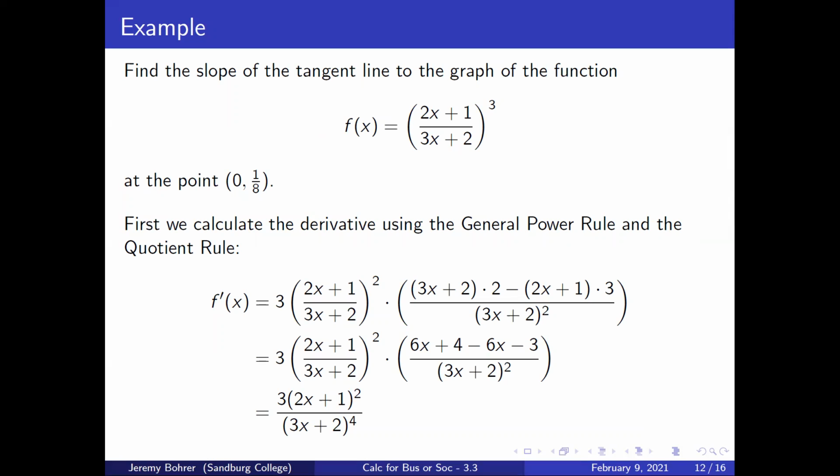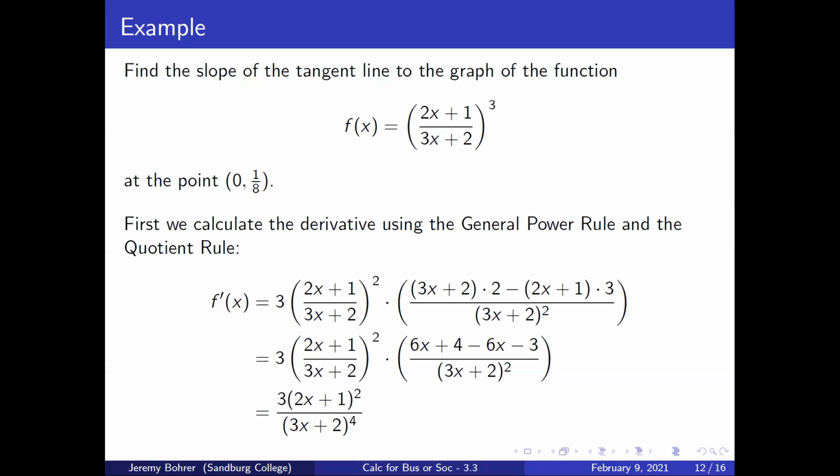Find the slope of the tangent line to the graph of the function f(x) = ((2x + 1)/(3x + 2))³ at the point (0, 1/8). First, we calculate the derivative using the general power rule and the quotient rule. f'(x) = 3((2x + 1)/(3x + 2))² times [(3x + 2)(2) − (2x + 1)(3)]/(3x + 2)², which is 3((2x + 1)/(3x + 2))² times (6x + 4 − 6x − 3)/(3x + 2)²,